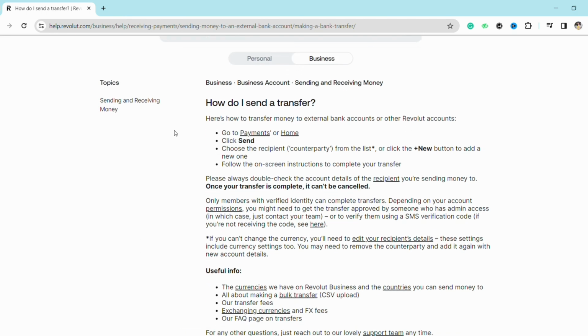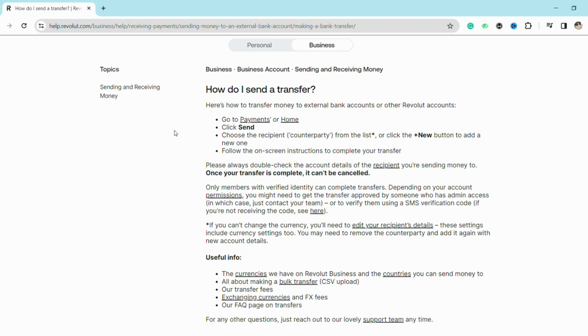So here is how you will be able to transfer your money to an external bank account or to your other Revolut accounts. For that, just go to your payment section or to your home page, and from there just click on send. Then choose the recipient and country part from the list, and then follow the on-screen instructions to complete